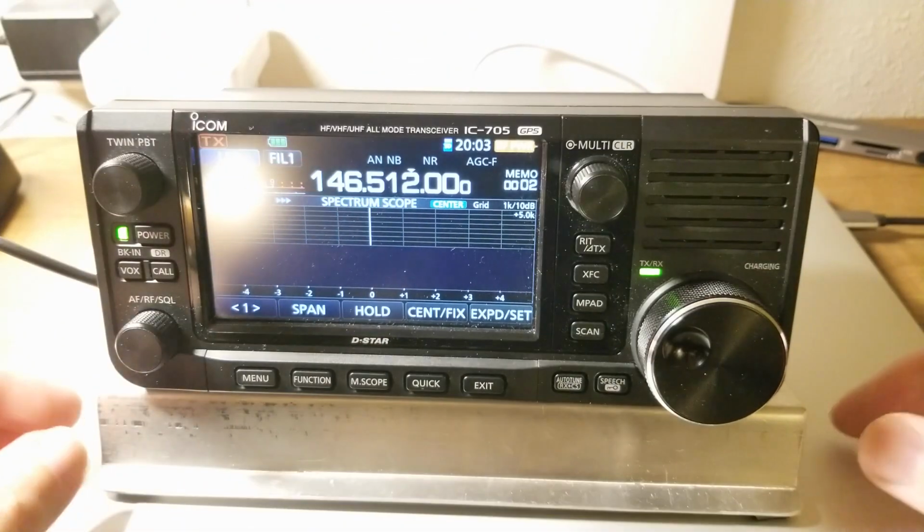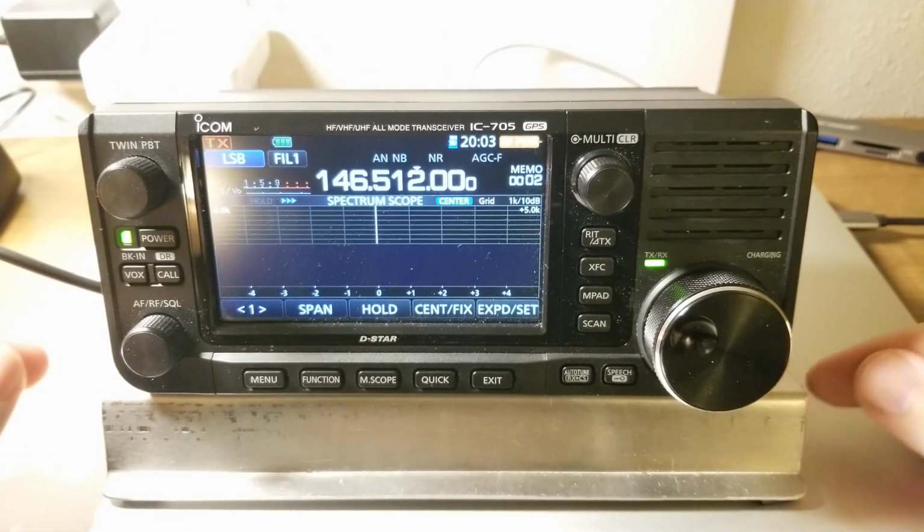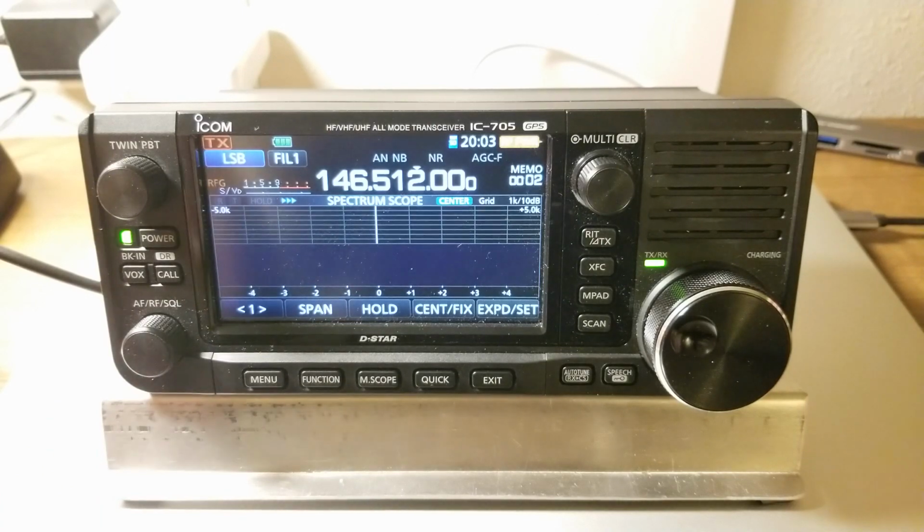Thank you. You're welcome. Now it's crooked. Let's straighten it up. It's not perfectly centered, but it's much better. Okay, so I'm looking at this from the perspective of a 7300 owner, and now all of a